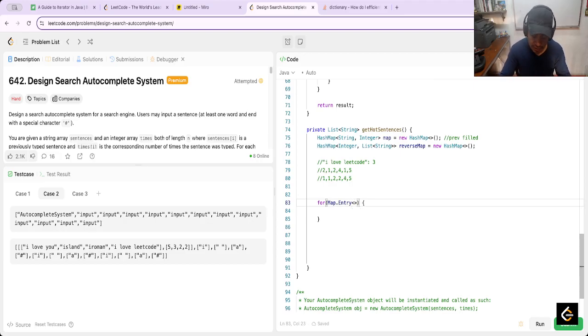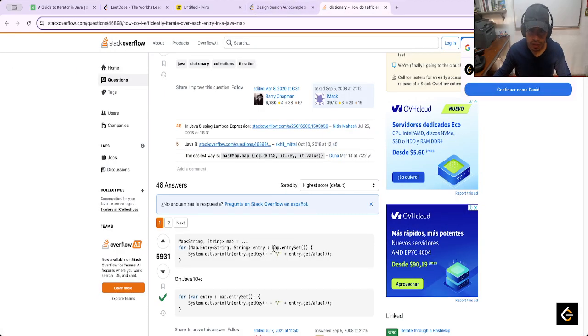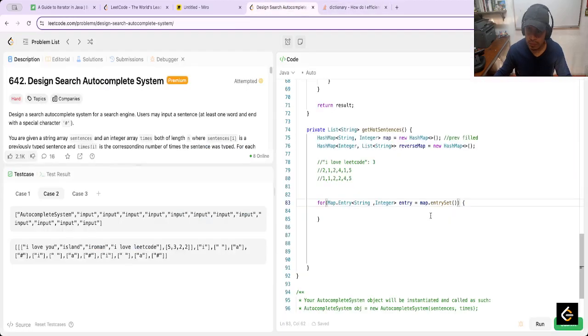In this case, the entry is string and integer. Entry is equal to map dot get entry. No, it's entry set. It's confusing, this. Entry set. Yeah, and basically here I need to ask if